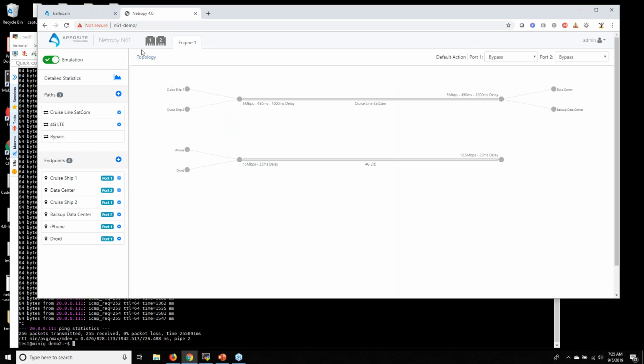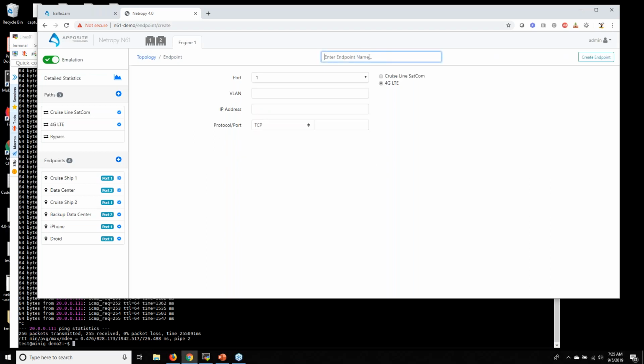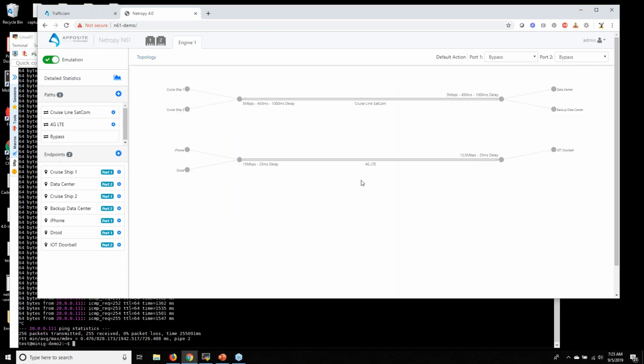Right? And then on the other side, maybe they have their IoT device, so they would set up something like this.